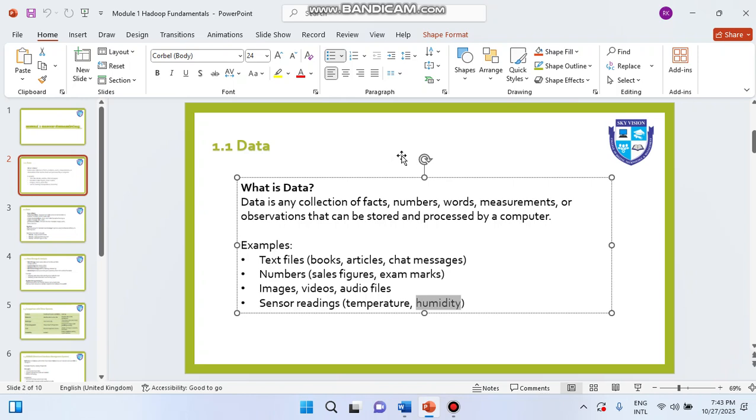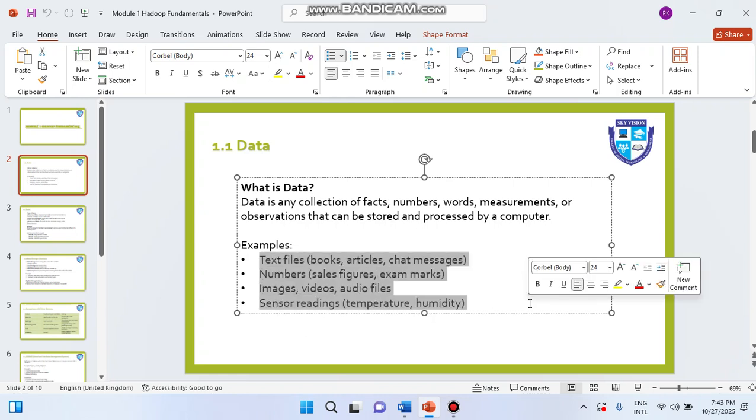Normal data you understand. If you have only one kind or quantity of data, that is okay. Suppose you have only text format data, then you can store it inside MySQL. If you have only number data, you can again store it inside MySQL. But think about when you have images, audios, or files, maybe all together, then MySQL is going to crash. Even your MongoDB is going to crash.